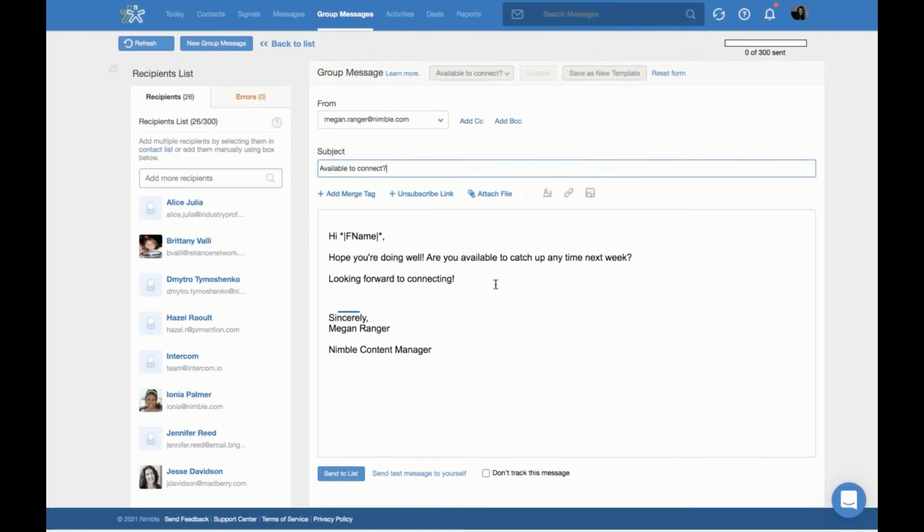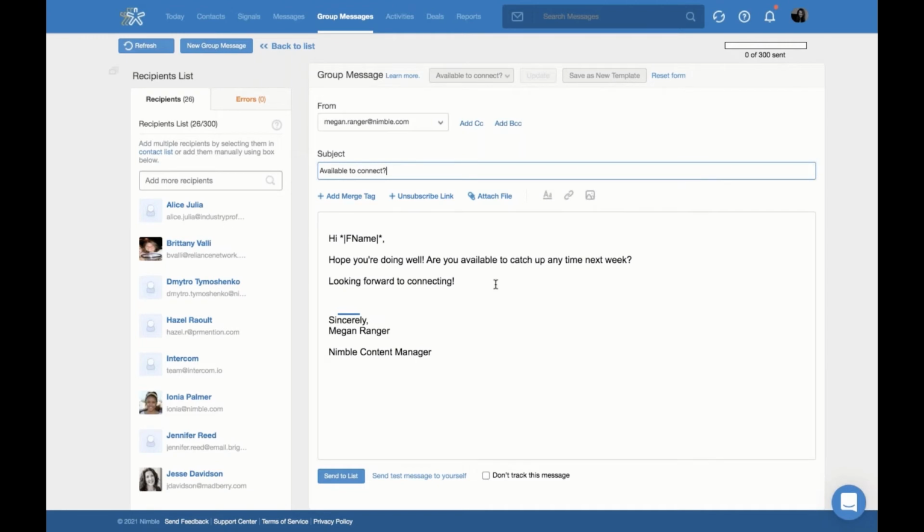So before you send your outreach, you can always send yourself a test message and make sure that everything looks good, that there's no typos in the message, and any links you may have added work. So that would be right next to the send button. And after you've sent your message, you can review the insights on your clicks and opens. But before I go into the report tab,